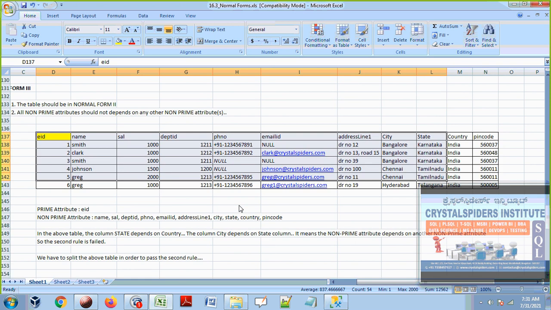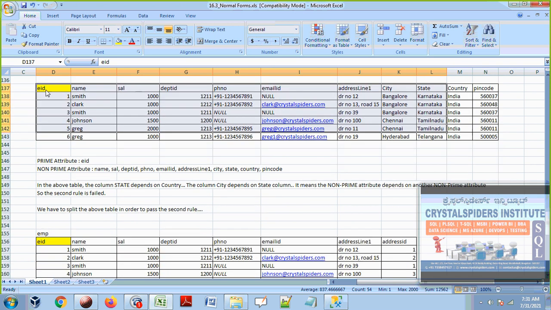Let me zoom in. Yeah. So now see this, guys, observe this table. I have these employees, their salaries, department, email ID and their addresses as well here. And I am going to consider employee ID as the primary key, and all remaining attributes are non-prime attributes. You observe one thing, guys, in this table there are non-prime attributes: city, state, country, pin code.